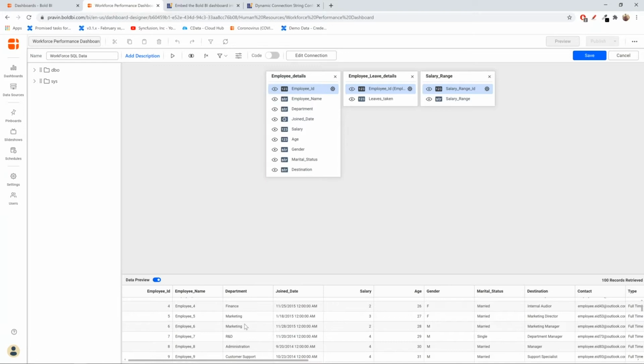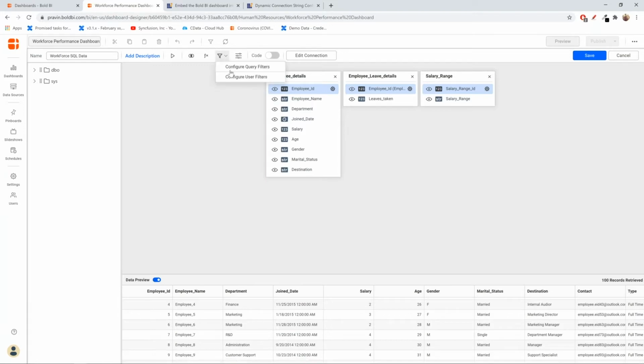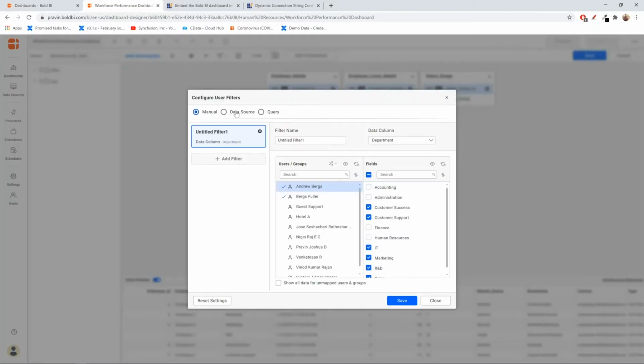You can also add multiple columns in case you have to filter based upon multiple columns. You can just add another filter and add another column, and this will do an AND operation for the columns that you have selected, and the data will be filtered.